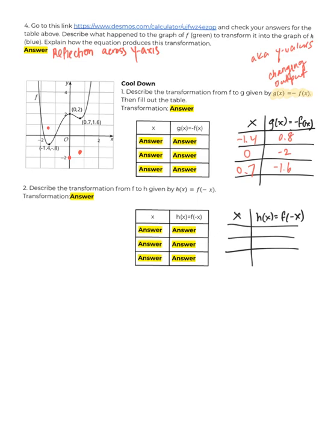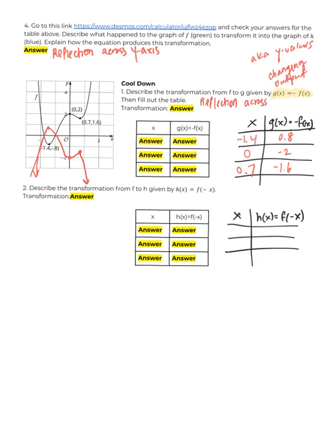If I connect the dots, I have the graph like this. So you see that it's the exact same graph, except the only thing that changed was the graph was flipped upside down. So this is a reflection